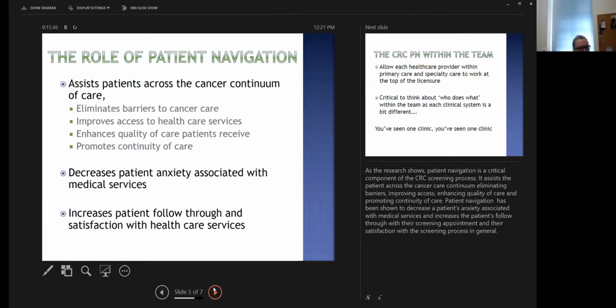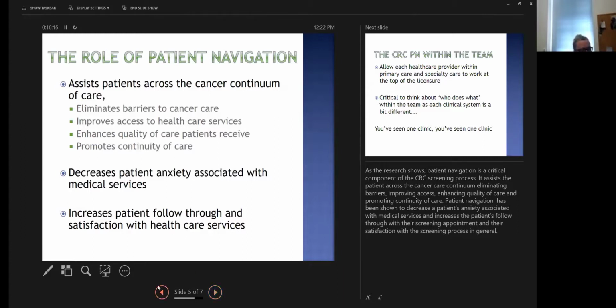So when we really think, one of the things that I had mentioned previously is that we had seen a lot of devotion towards cancer navigation from the point of diagnosis forward. But I think what our program has really also hoped to put forth is in the area of navigation, and that the rest of the health team sees the value of using navigation in prevention and early detection. And that with our program, we've seen that this typically decreases patient anxiety associated with the medical services